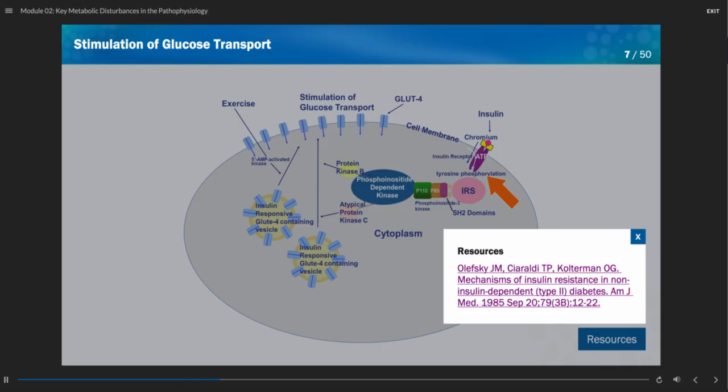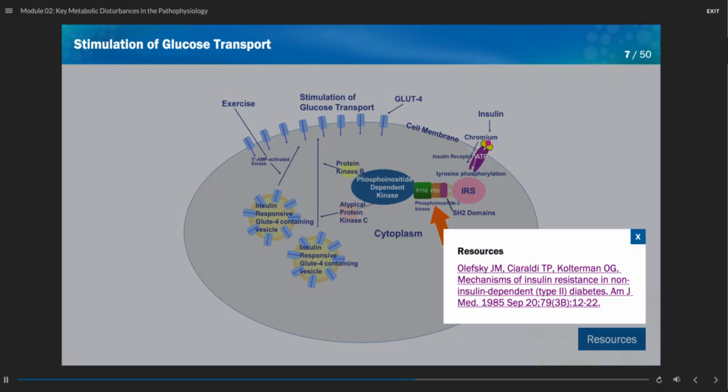Of interest is that chromium is necessary for that to happen and actually moves across the membrane in response to the insulin. And then the IRS protein, and then the phosphoinositide 3 kinase activity,